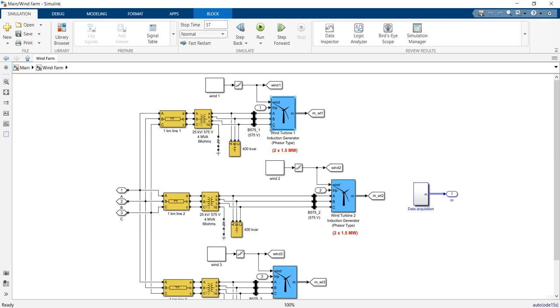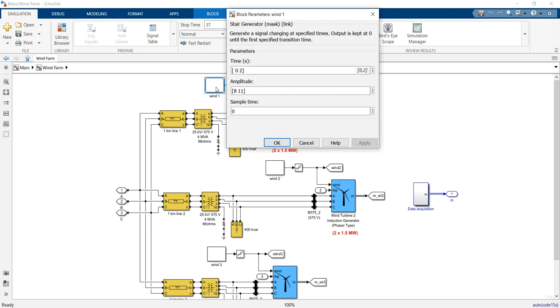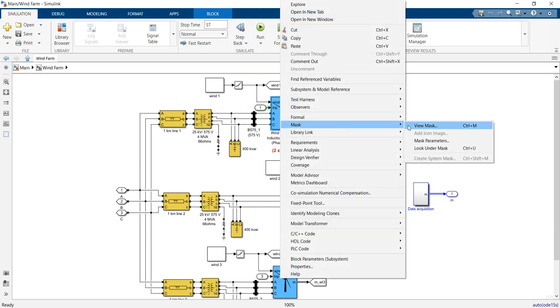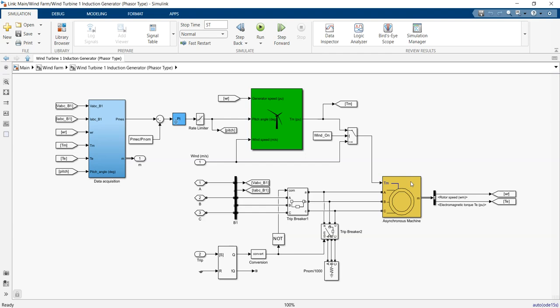Also, as you can see here, a wind turbine receives a wind speed here, and by double clicking on the wind block, you can see the different changes in the wind over time during the operation. Also, by right clicking on this block, going to Mask and looking under mask, you can see different components and aspects of the wind turbine. As you can see, this is a type 2 wind turbine, which consists of an asynchronous machine and different components for the wind turbine